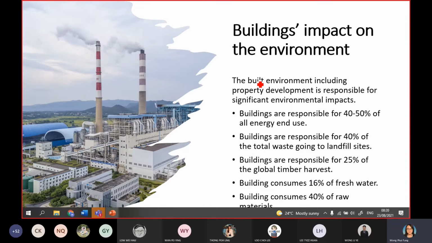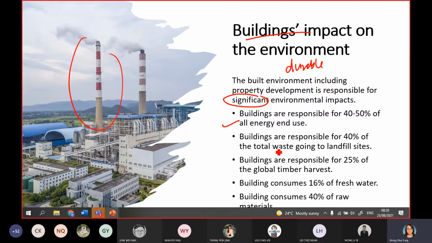On the other hand, the impact of buildings on the environment is very significant. We all know that a building is what? Durable. Durable in the sense that it lasts longer. It will continue to stay there. Even though maybe I die already, the building is still there. So it has a long life, even longer than me. So the impact is very huge on the environment if the building is not healthy.